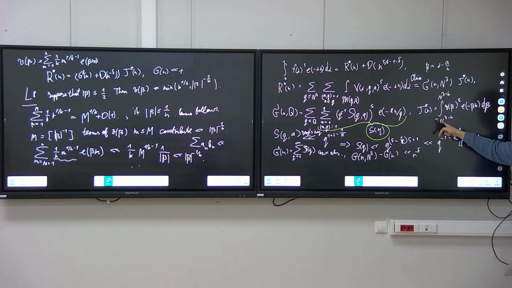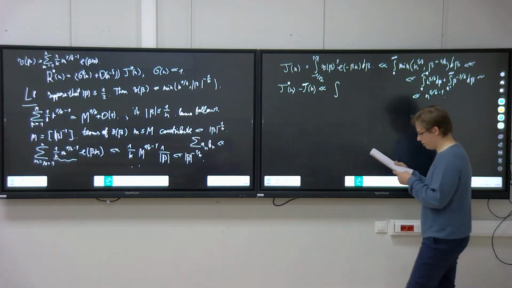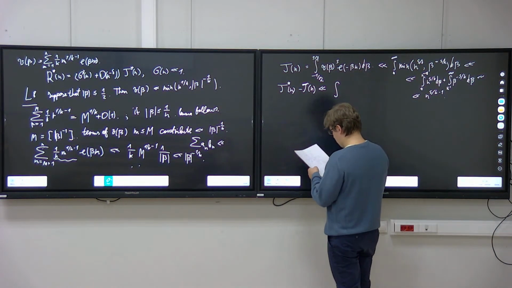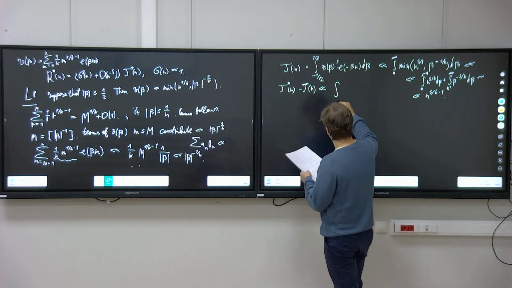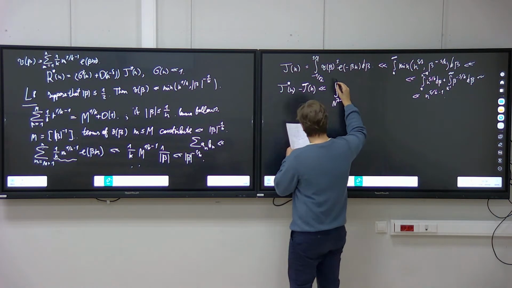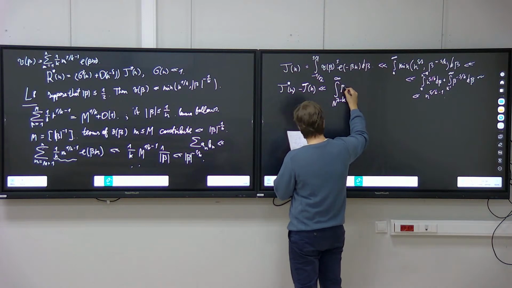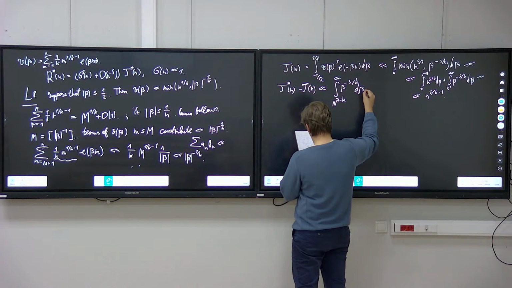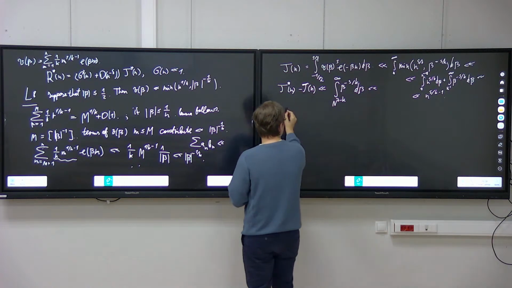Yes, not from 1 over 2, but from n to the power nu minus k. So this is less than the integral from n to the power nu minus k up to infinity of beta to the power minus s k d beta, and this is less than